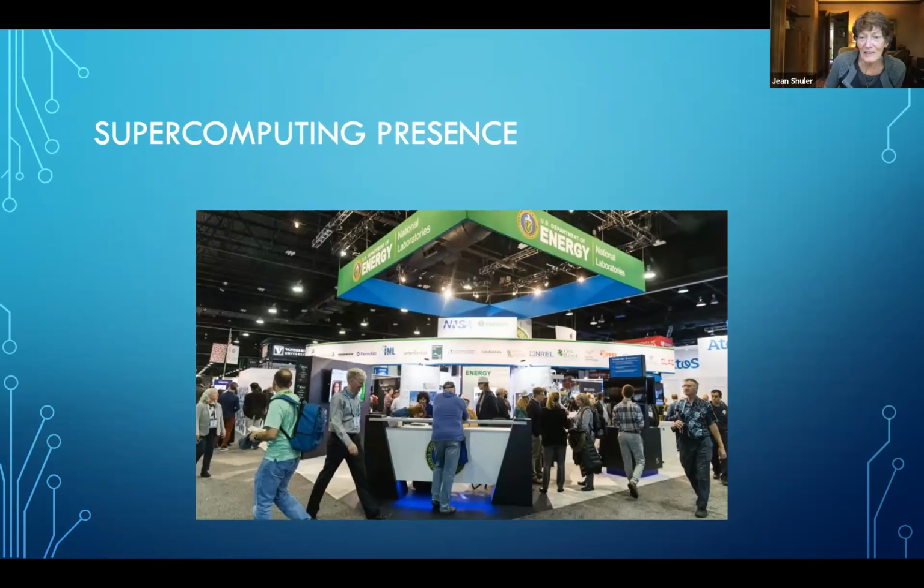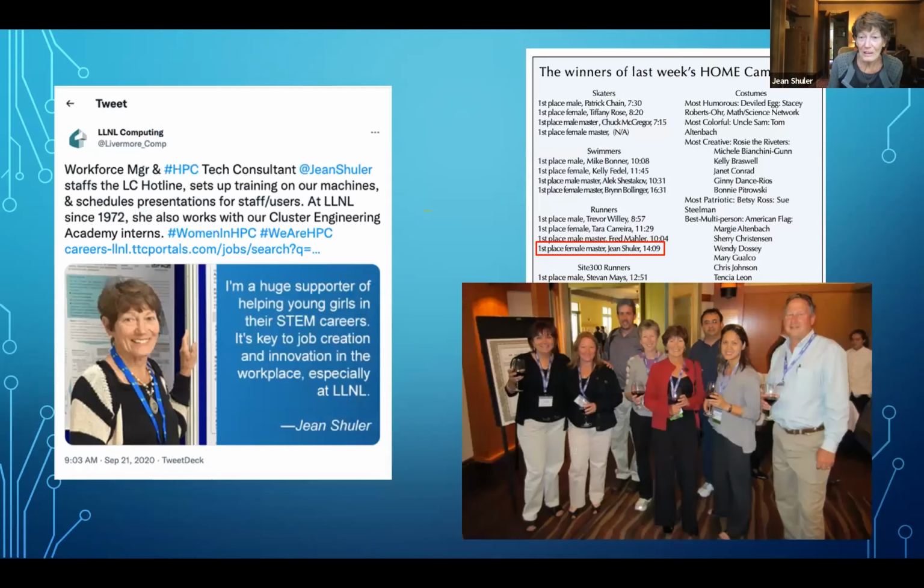Well, one of the best things about the lab, and they don't really do this anymore, is we used to compete. We had a Roadrunners group, and we would compete in industrial league races with HP and IBM all over the Bay Area, and we would host them at Livermore too, and run around the Sandia Loop. But we always won. We had fabulous runners, and it was associate directors who were doing it, and all kinds of people who participated. So that was a great way to meet people in various areas. So it was great fun.